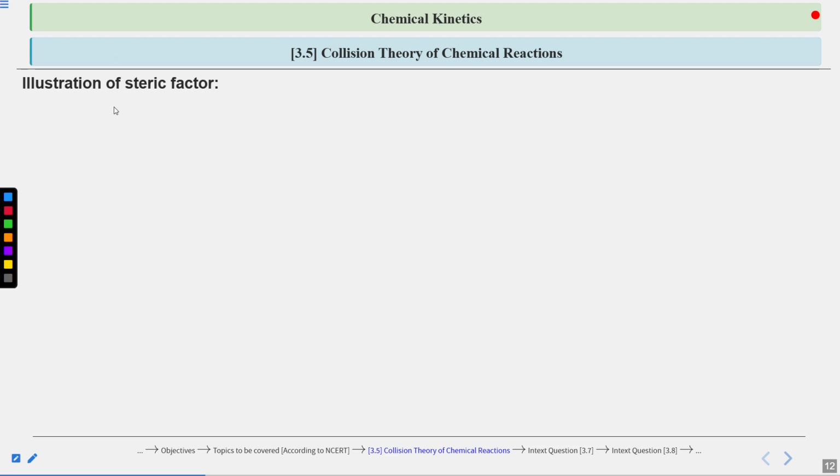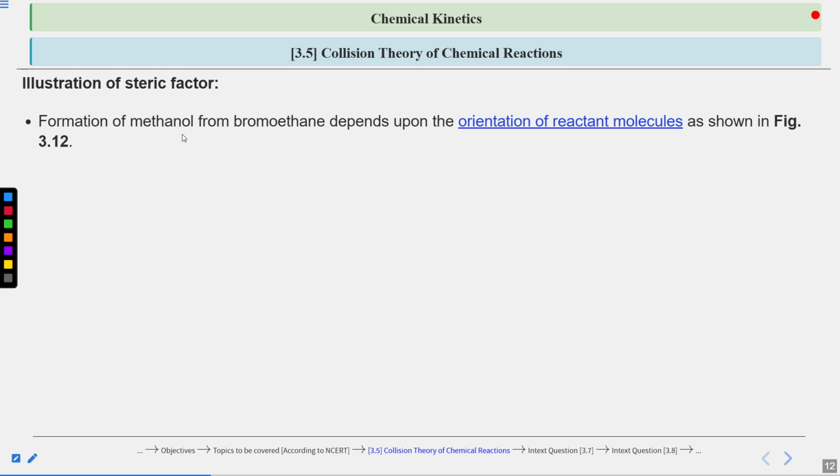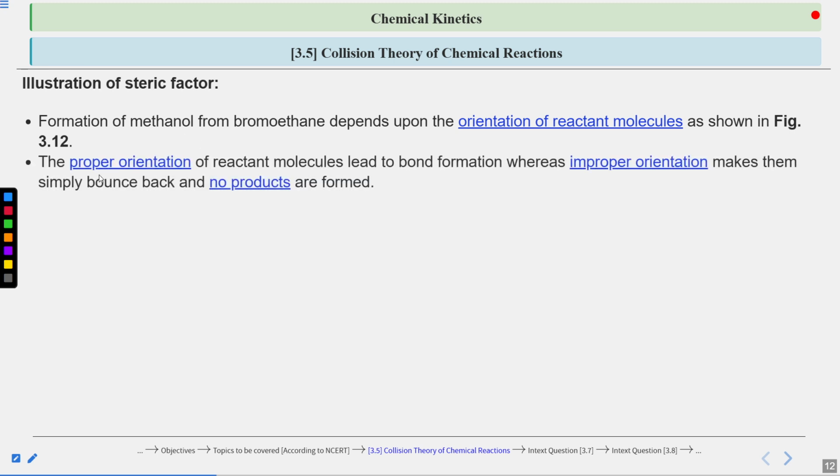Now let's illustrate the steric factor. Illustration of steric factor: the formation of methanol from the bromoethane depends upon the orientation of reactant molecules, as shown in figure 3.12. We will see. The proper orientation of reactant molecules leads to bond formation, whereas the improper orientation makes them simply bounce back and